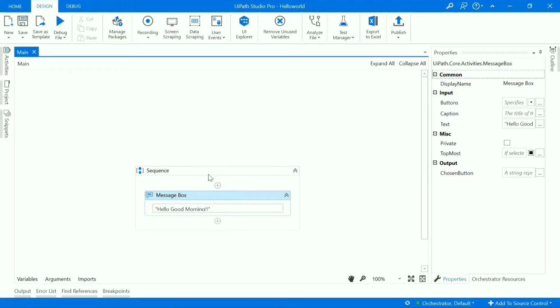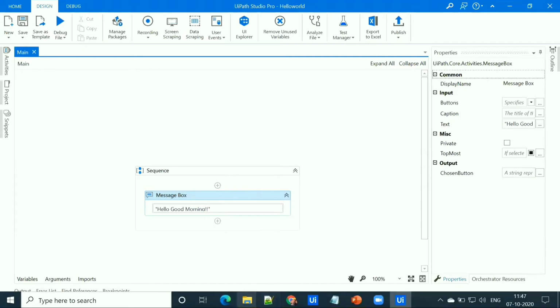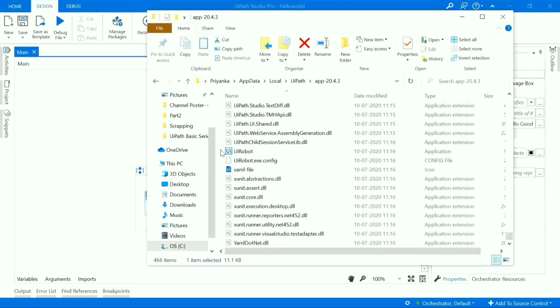To trigger the process, we need to navigate to the folder where uirobot.exe is located. It depends on the configuration where uirobot.exe is located. For some configurations, you can find this exe under the C drive, Program Files (x86). And for some configurations, you can find it under the AppData Local folder.